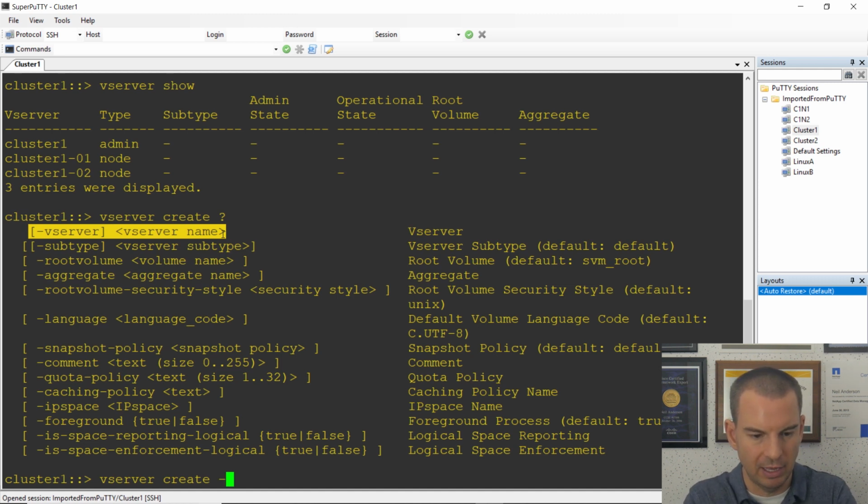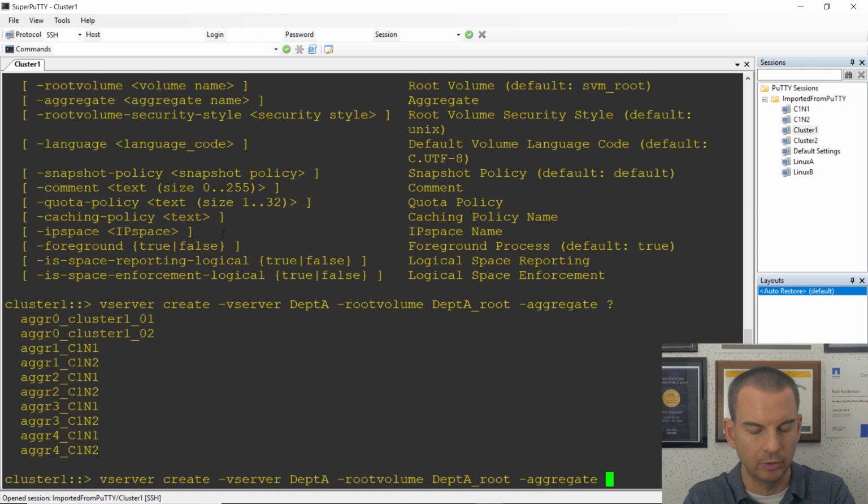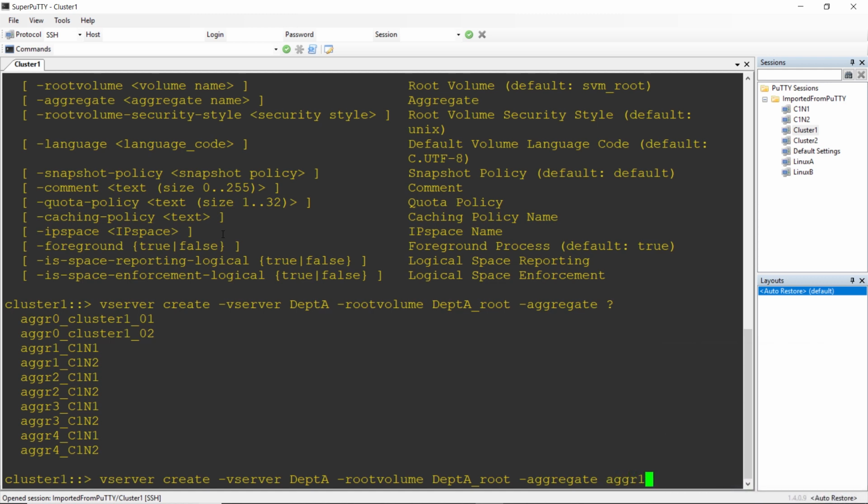So let's say vServer create, and I'll name my vServer department A. Now I could just hit enter here and that would be created with the defaults, but normally you're going to want to specify at least the name of the root volume and the aggregate that the root volume is going to go into. So I'm going to say that my root volume is going to be named department A underscore root. And let's say that the aggregate is, and I'll hit a question mark here to see what I've got available. Let's put that in aggregate 1 underscore